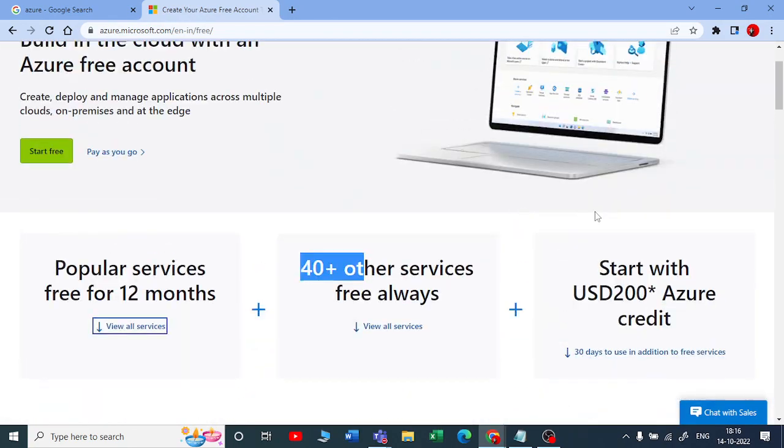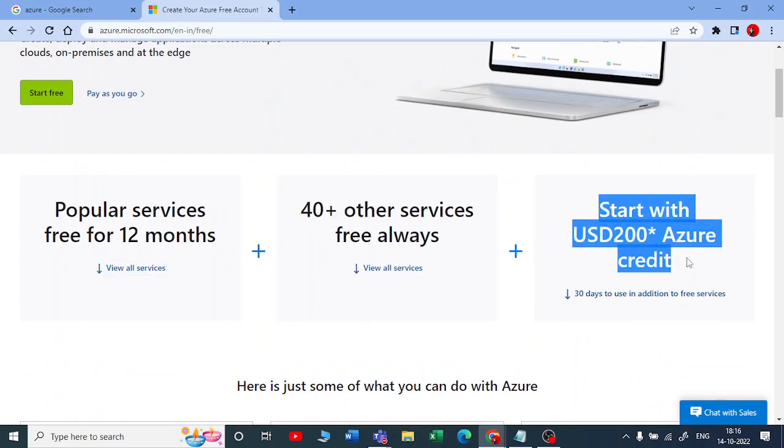So here you can start with Azure for free. When you are setting up an account for the first time, they will give you 200 USD credits. That comes to approximately 13,700 or 800 rupees. So you can set up an account for free with these credits.